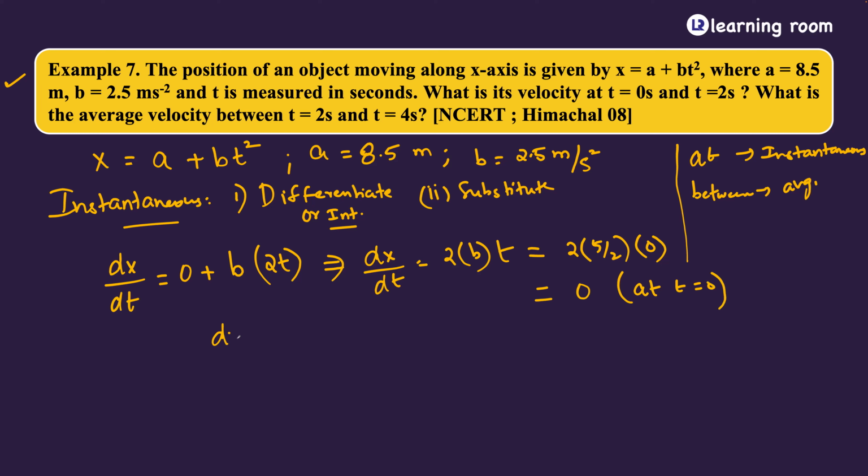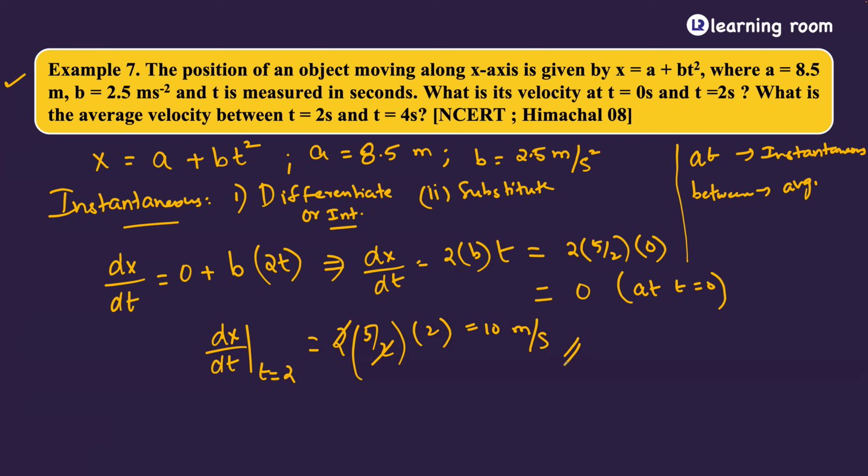Whereas you find dx by dt at t is equal to 2 seconds, it is going to be 2 into 5 by 2 into the time, which is 2. So 2 and 2 will get cancelled. Answer will be 10 meter per second. This is the velocity at that instant, exactly at that instant. Is that point clear? Now, I'll explain how to find the average velocity between t is equal to 2 and